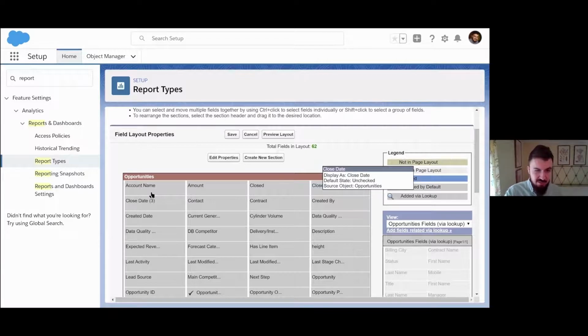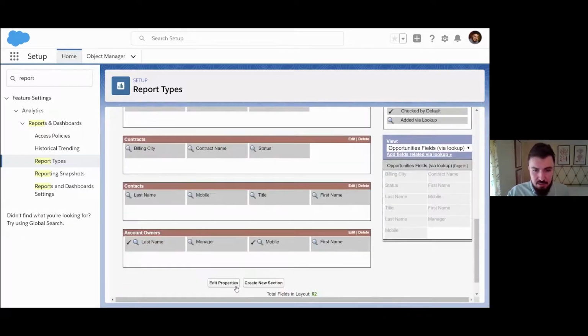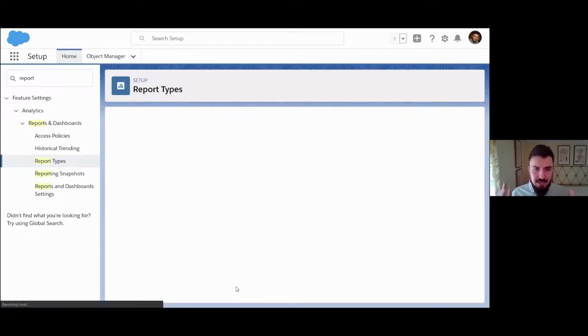So in this case, the very first date field we see here is close date. And that's going to be used in our time frame filter by default. If you want to put some other date field or date time field towards the top of your custom report type, you can control and make sure that that field is used as your default time frame option. So this is our custom report type, nice and edited, tailored for our experience, has all the fields we need